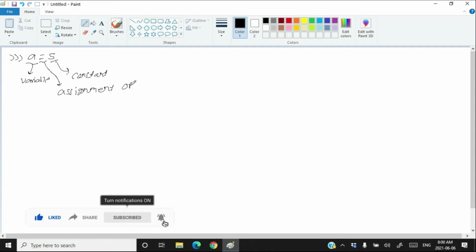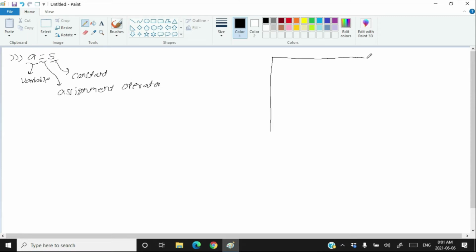The idea is that whatever is there at the right hand side of the assignment operator should be assigned to the variable at the left hand side of the assignment operator. In your computer memory, suppose that this big rectangle is computer memory. In this computer memory, you allocate a location and assign a name to that location.